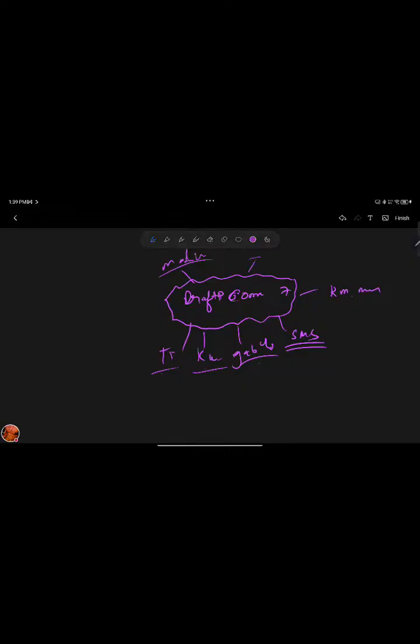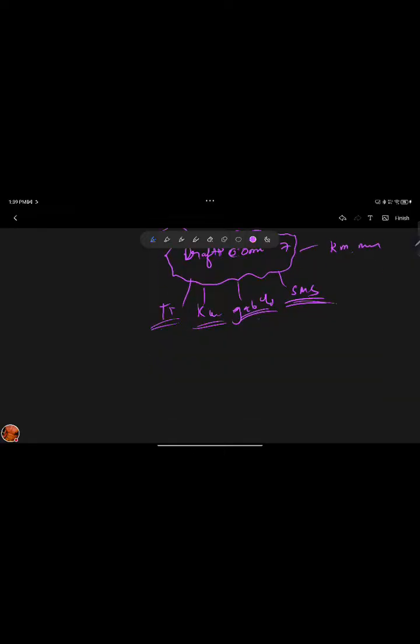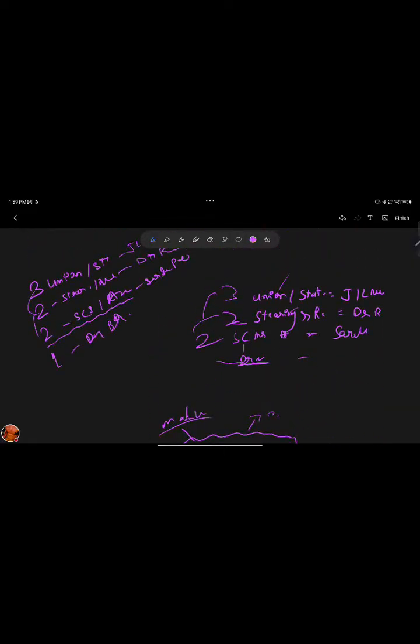1, 2, 3, 4, 5, 6, and one was yourself, Dr. B.R. Ambedkar. So TT Krishnamachari, Krishnaswami Iyer, Gopalaswami Ayyangar, Madhava Rao, and SMS. And there were some minor committees too, like the financial and staff committee, which was Dr. Rajendra Prasad. Oh, sorry, generally credit.